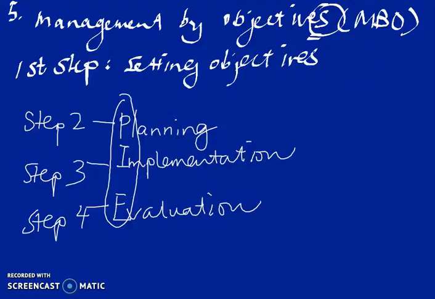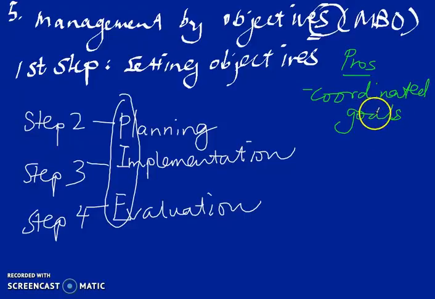Now that we understand what MBO is, let's talk about the pros and cons. So the obvious benefits of MBO is that first, individual workers' plans are linked to the company goals, right? Linked to the objectives that they set, so they are coordinated goals. And hence is quite consistent with the unity of direction, another principle of effective management.